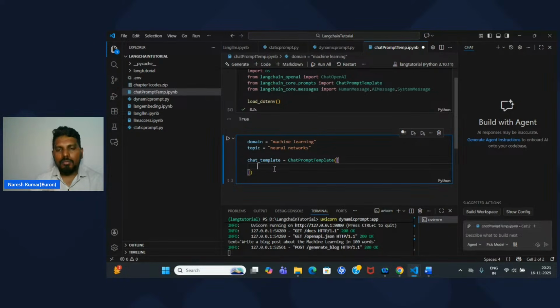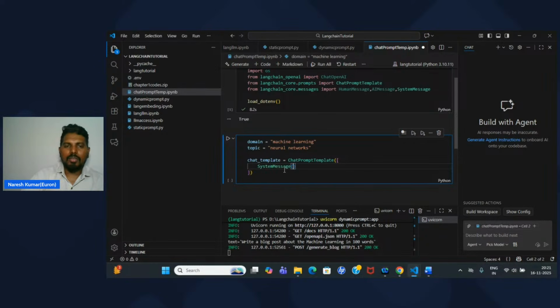Because this is the first message the user is querying, you don't have any AI message, only the first human message. You will build rules using a system message, and then you will pass it to the LLM. The LLM will give you an AI response. At this point we don't have any AI message, so we are not going to pass any AI message. What I'm going to pass is the system